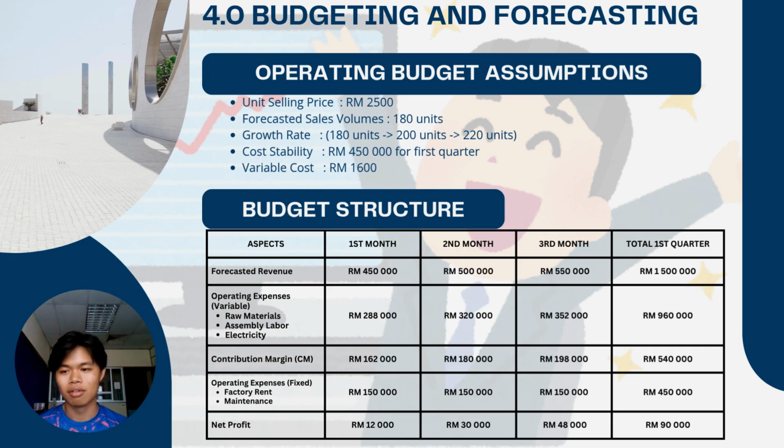And second one, our variable cost per unit is modeled at 1,600 ringgit, which includes all direct engineering materials, touch labor, and variable manufacturing utilities. Our baseline sales volume launched at 180 units in the first month instead of an arbitrary flat growth rate. We are scaling production strategically to 200 units in month 2 and 220 units in month 3 as our new